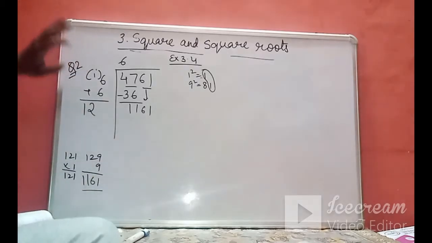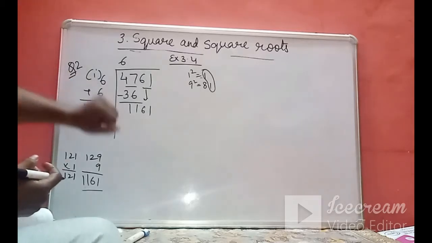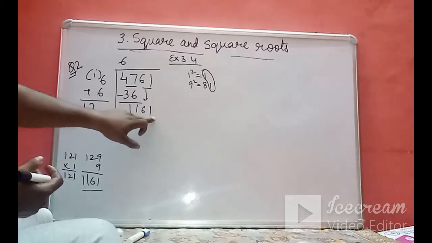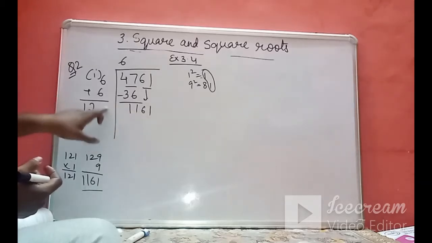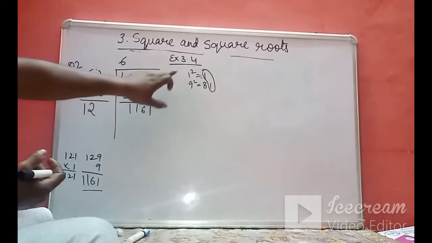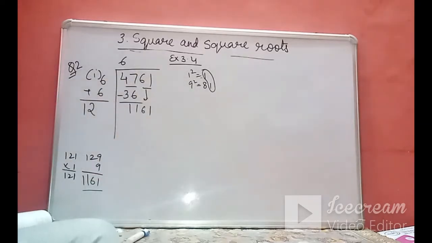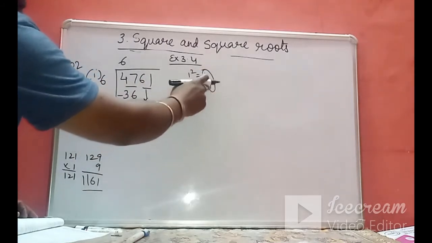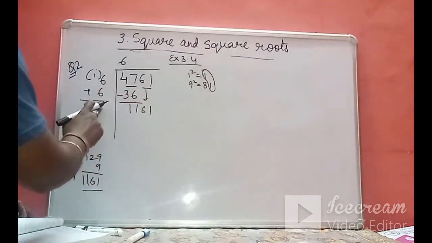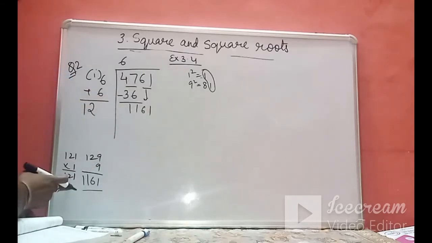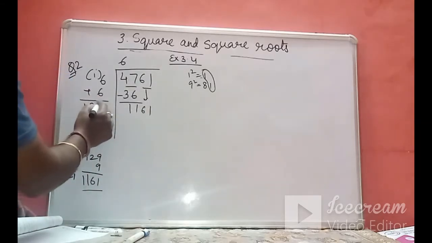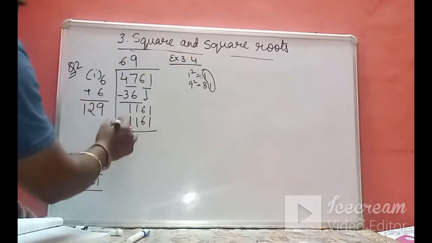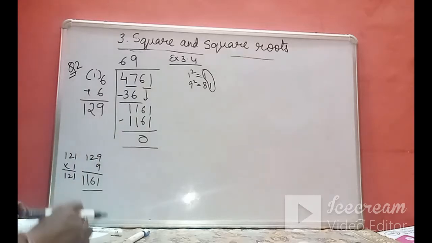So there is a trick, or you can say there is a method. If we know that a number given is a perfect square and our last digit we know, so we can estimate this digit by knowing the square of the numbers from 1 to 10. So we know that 1 square is 1 and 9 square is 81. Units digit is 1. So here I have taken 2 digits. First I have taken 1, then I have taken 9. So after taking 9, I got the answer. Okay. Like this.